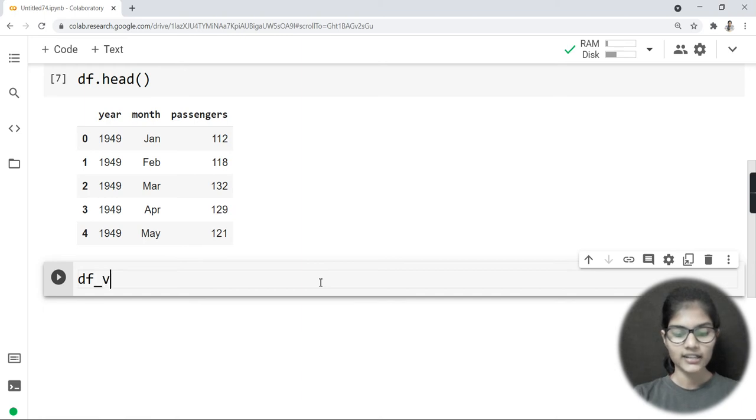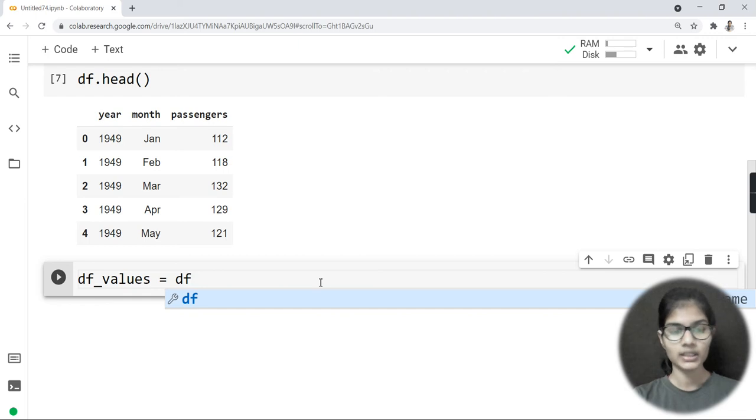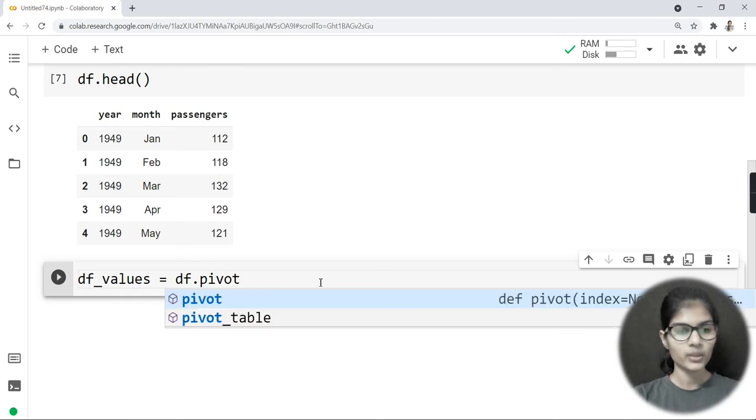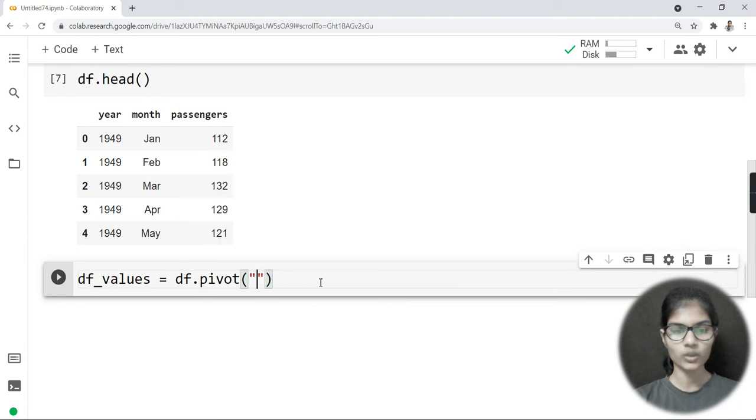So let's say I just take another variable that is df_value. Fine, and I will just put an equal sign, and here I would just use the variable in which I have stored my data. So in our case, this data is df, right? So df dot pivot. Pivot is one of the functions that we'll be using, and inside this I would be giving the name of the columns for which I want to plot the heat plot.